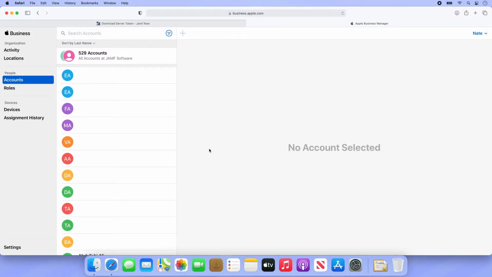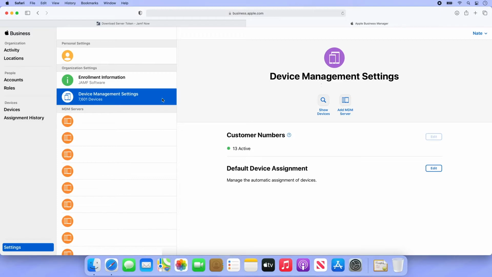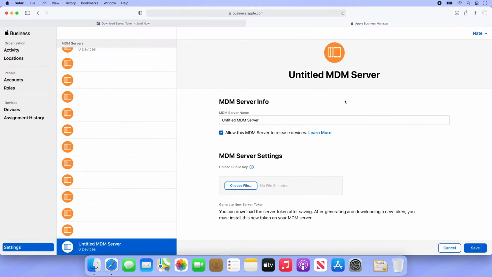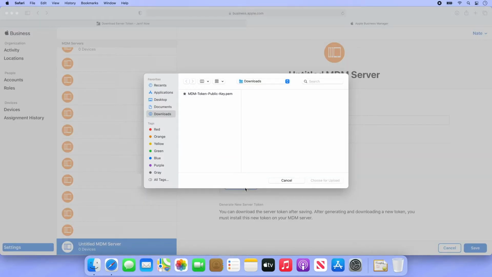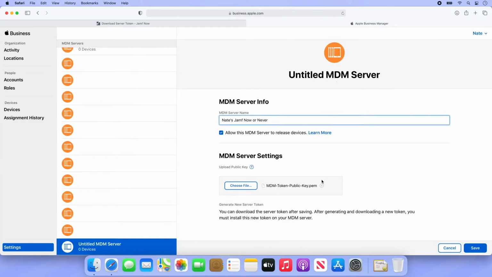Once in Apple Business Manager, select Settings at the bottom, followed by Device Management Settings. Select Add MDM Server on the right, and give your MDM server a name. I'll call mine Nate's Jamf Now or Never. Select Choose File under Server Settings, and here we can upload our public key file from earlier. Once uploaded, select Save in the bottom right,